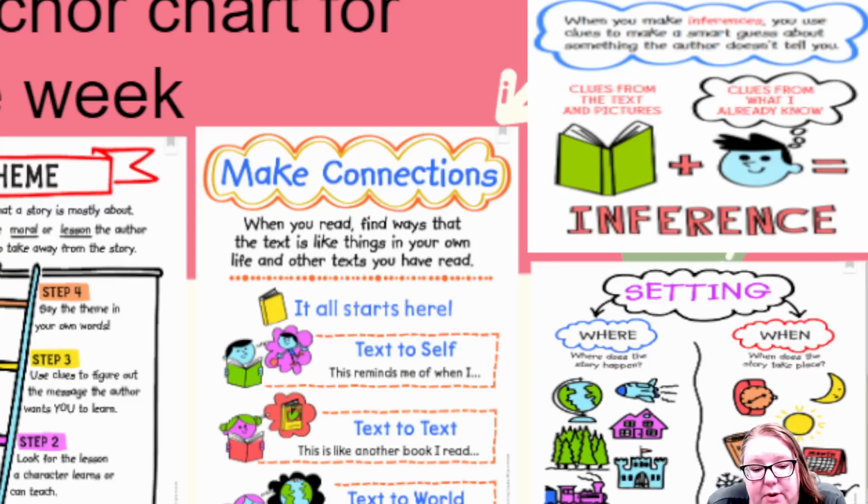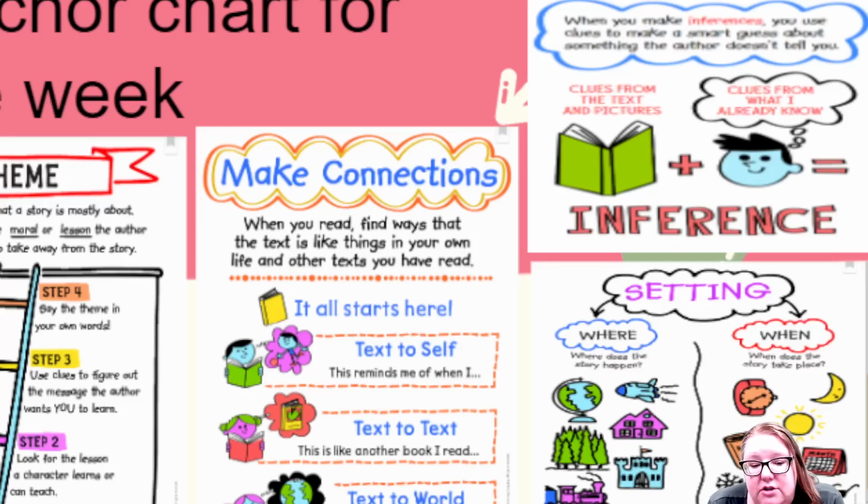The last one is probably the easiest, and that's setting, knowing where and when a story is taking place, and sometimes understanding how the setting is changing throughout the story. So where is the place and when is the season, the time,